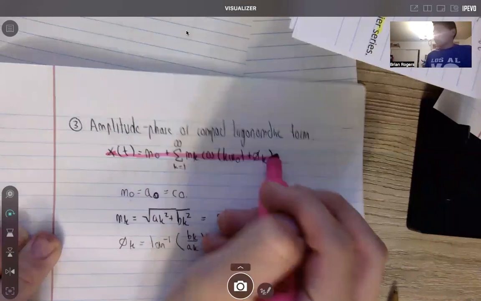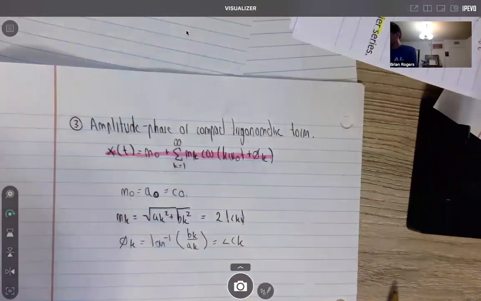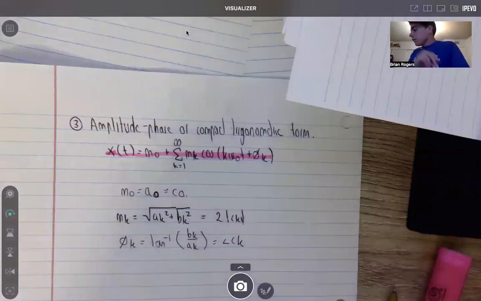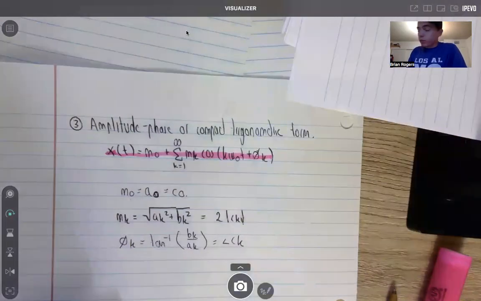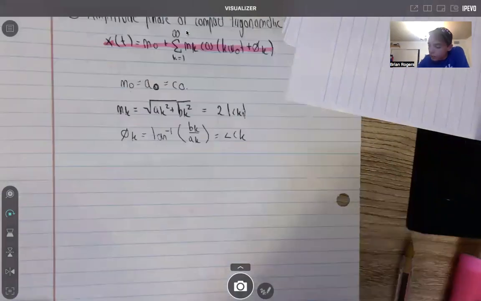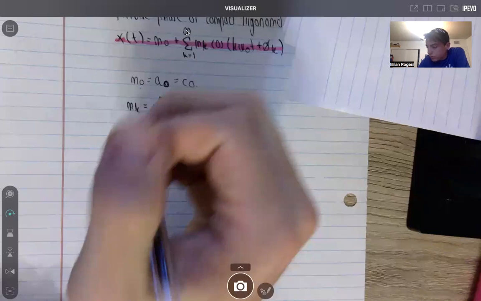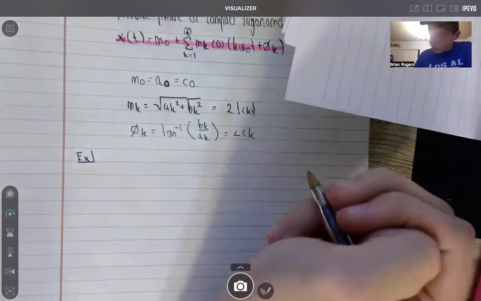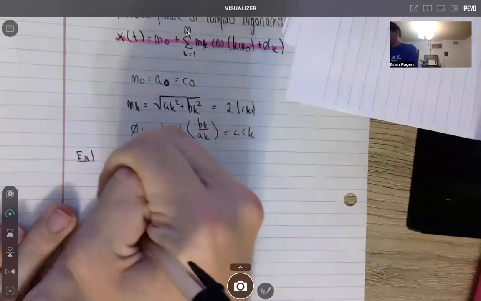Okay, now that we covered all those three different formats, we're going to see an example where we have to determine specifically the coefficients of them. Let's start out with this one over here. So here's our example, and we're going to be given a waveform. So it looks something like, let me do one from actually the,